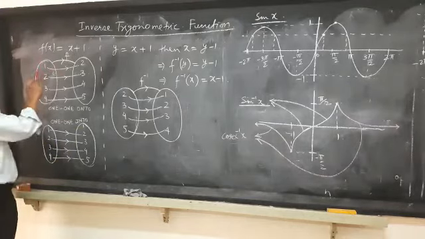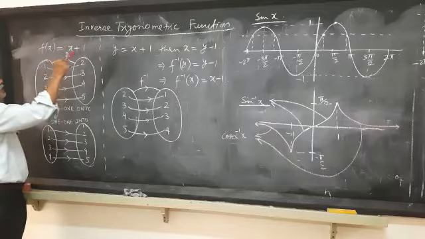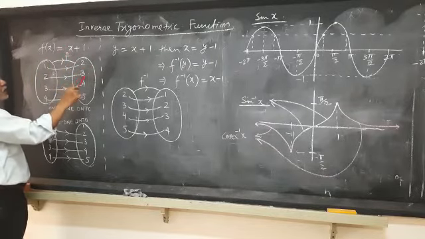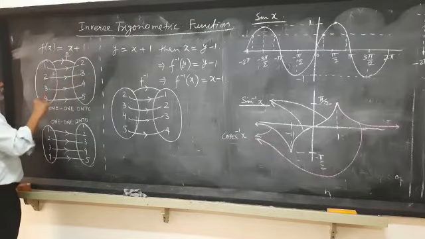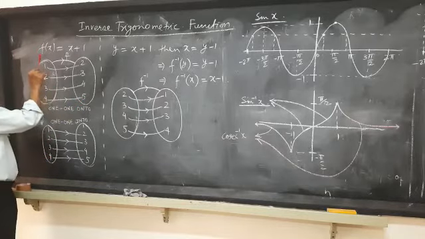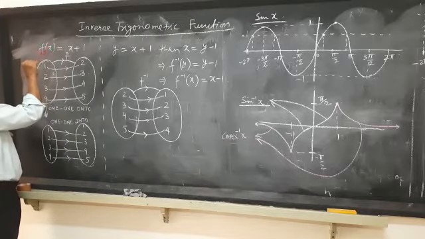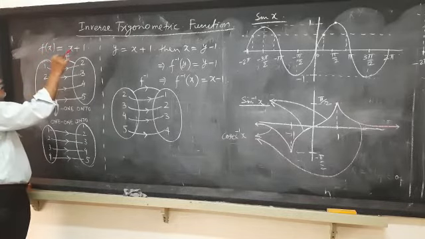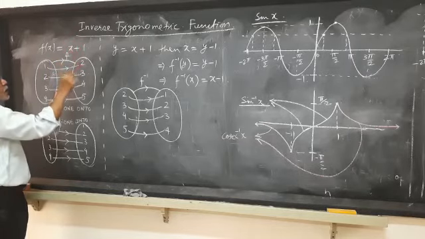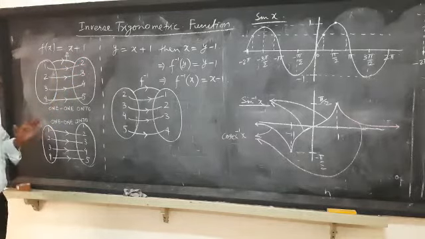It means, one by one, if we put the value of 1 over here, then we get 1 plus 1 is 2. If we put 2 over here, then we get 2 plus 1 is equal to 3. 3 plus 1 gives you 4, 4 plus 1 gives you 5. So that is what the function is, f(x) = x + 1. If we keep on putting the value of x as 1, 2, 3, 4, then we will get y, which is precisely 2, 3, 4, 5, like this we will keep on getting.